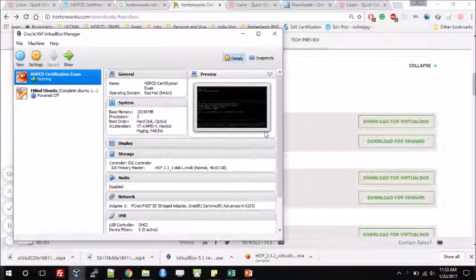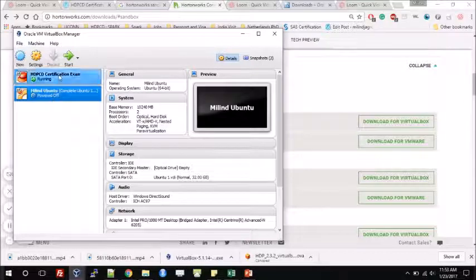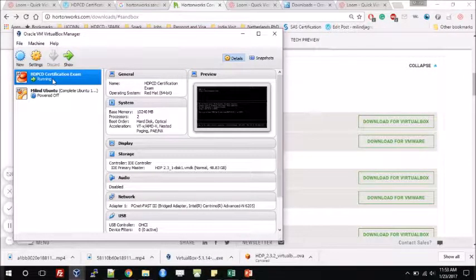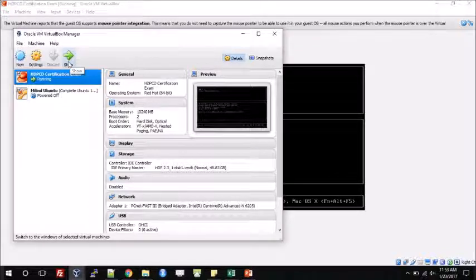Once you are satisfied with your configuration, click on import. Once you click on import, your VM will be installed and it will be shown on the left panel of this VirtualBox Manager. Now I have already started my virtual machine. Just to let you know how I started it, I selected the virtual machine that I wanted to start and clicked on the start button. This will turn to start when it is showing powered off. Since it is already running, the start button got converted to show button. Now if I click on show,